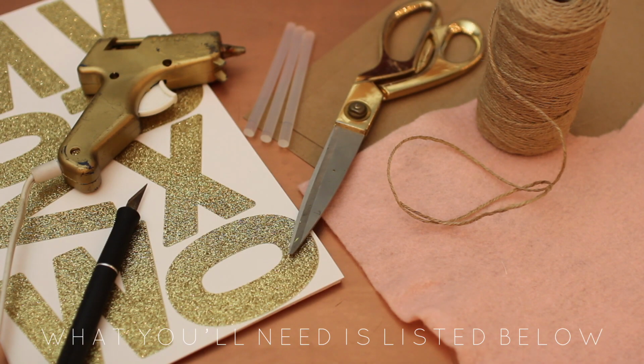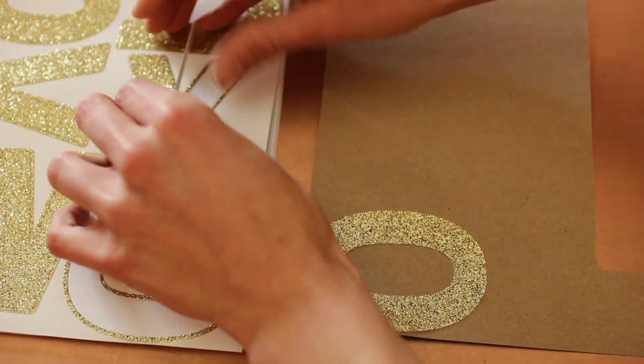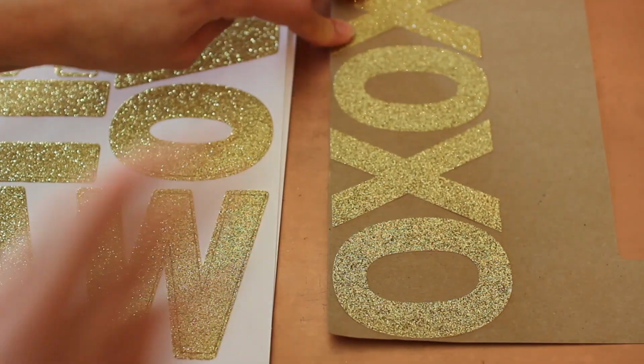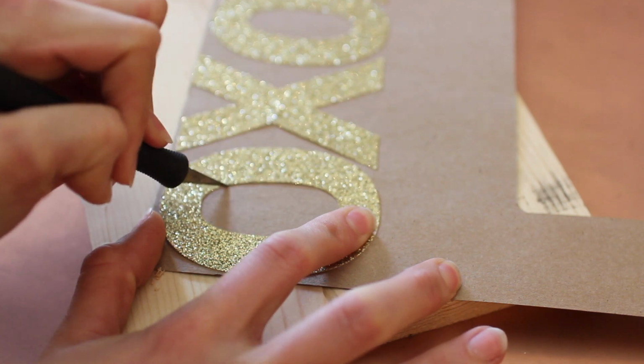Bunting, you are going to need your choice of stickers, some hot glue, scissors, an X-Acto knife, some rope or twine, construction paper, and felt. Take your stickers off. I'm going to do XOXO, and you're going to place them onto the construction paper that you have. Now all you got to do is take your X-Acto knife and cut them out of that construction